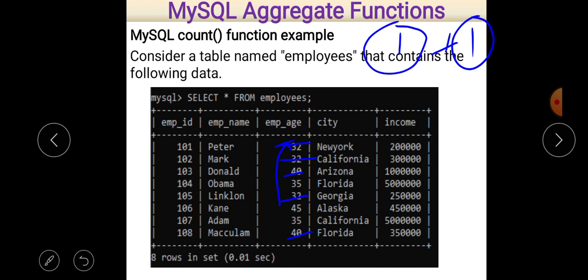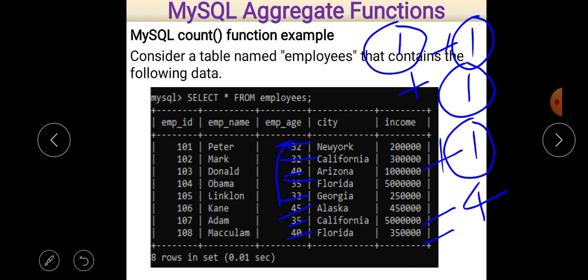Then after 35, 2 times repetition of value 35, and then at last 45. So basically you can easily see here 4 records are there, so answer will be 4.